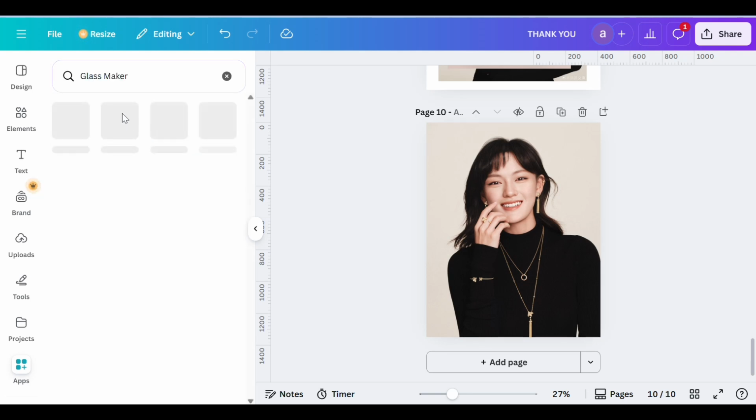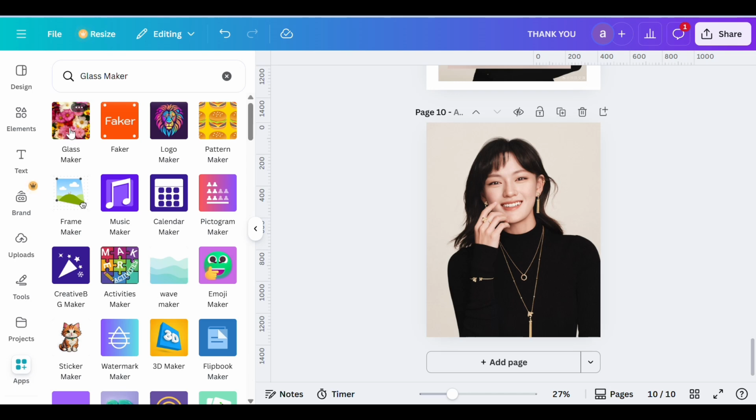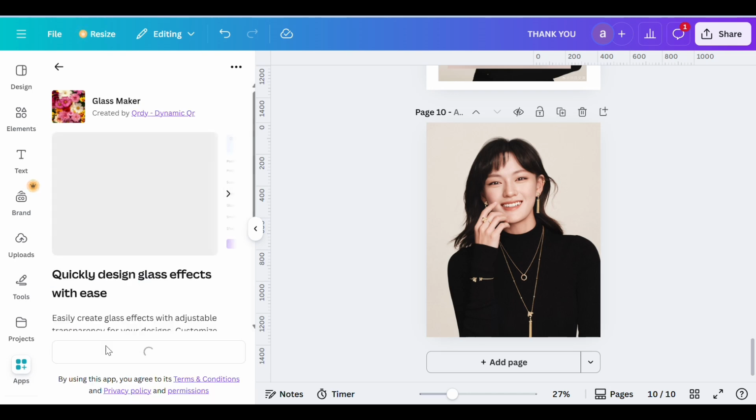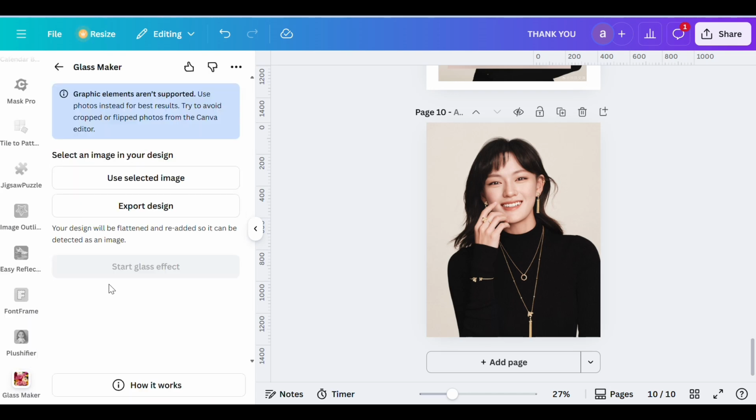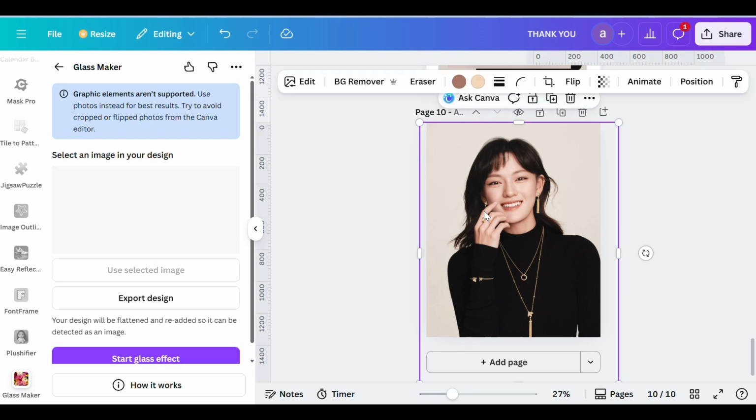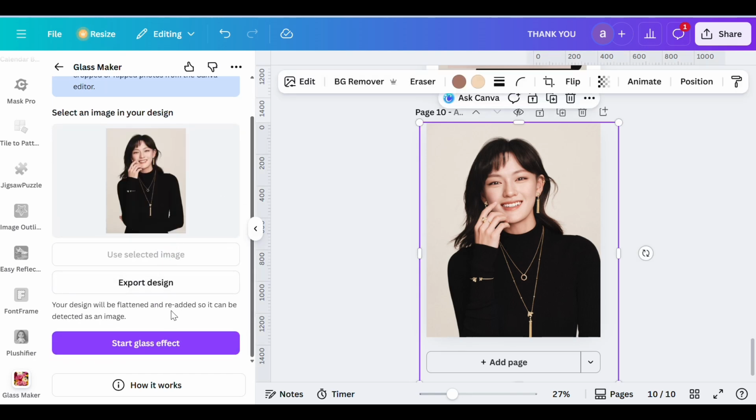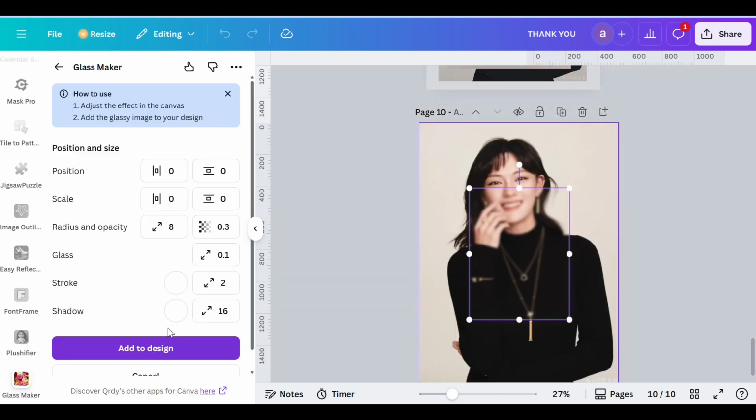This one, this app, just click on it and then open, and then next just select your image like this, and then just simply tap on start glass effect. Okay, like this, and then just resize the effect